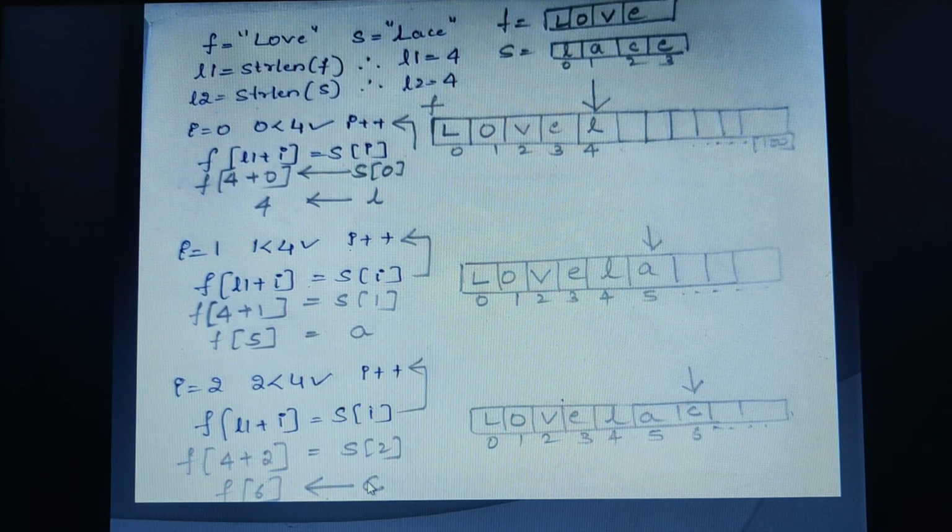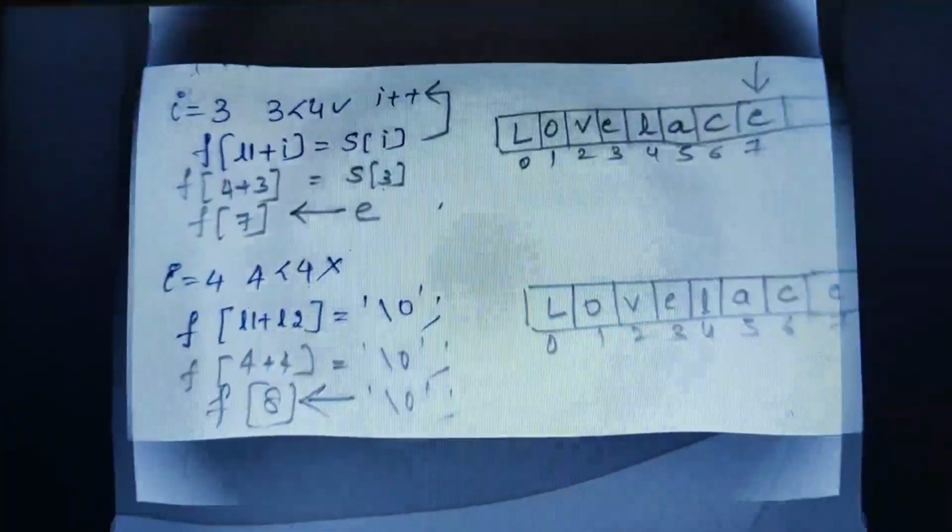So move the character C to the F of 6 position. I hope you are getting an idea how we are copying the second string to the first string.